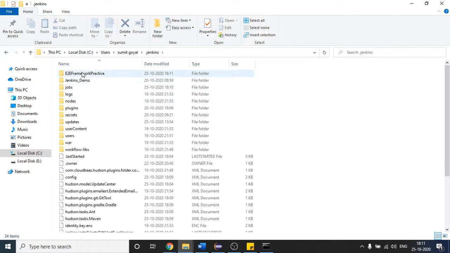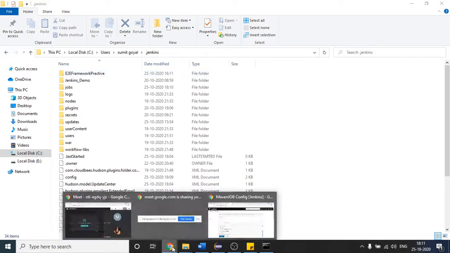This is the project, right? So I've already done it before the lecture. What I mean to say is, whatever project you create, just paste that project inside the .jenkins folder. Why are we doing that? So that Jenkins will be able to understand where our project is located on our machine. This step is mandatory, otherwise your code will not work, it will fail.